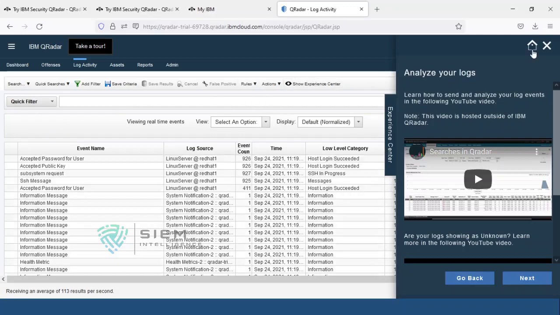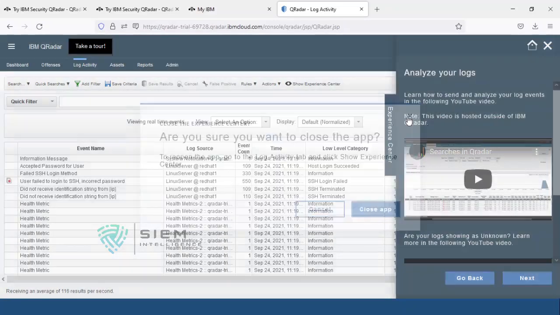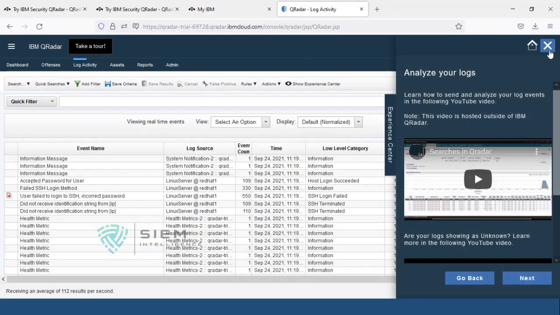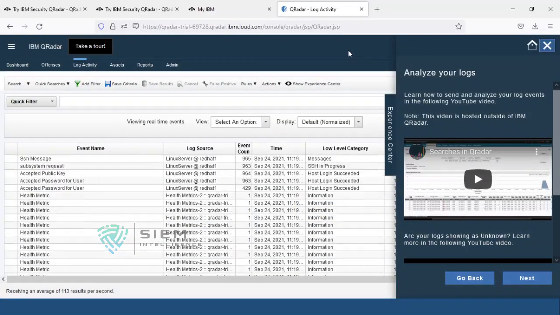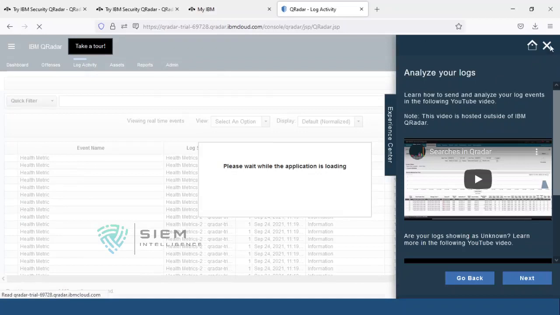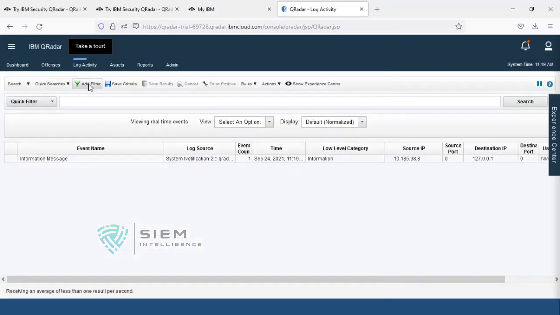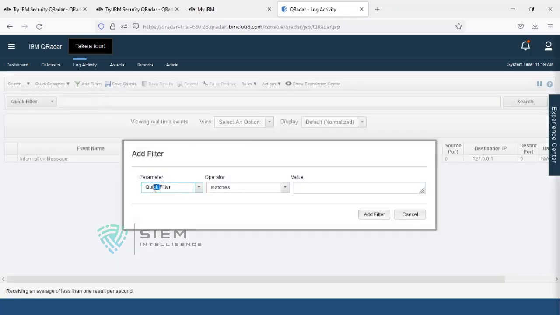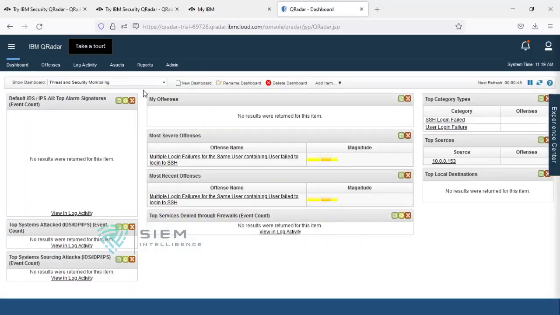So at the same point of time, if you are unable to install your home lab, whenever I say something, you can come here and visualize those things. See, if I want to do something like a log activity, I will save the search with some criteria by using some filter. You can do it over here, you can fill it, and at the same point of time you can create your dashboard, and it will remain for the 14 days.